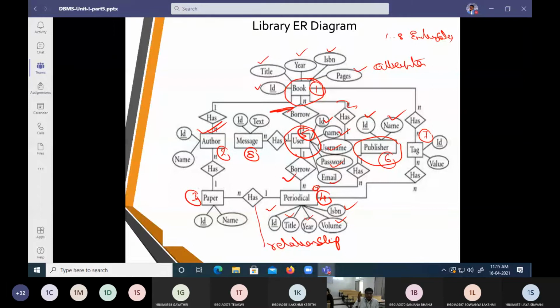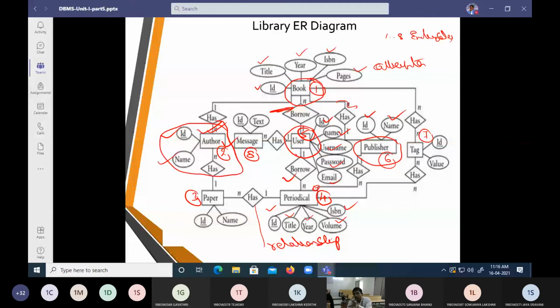Now the author is going to have his identifier, his name, and his own data set. He is going to have his own database or a table, or we are going to call it an entity set here. So his entire collection is going to be represented as a block.